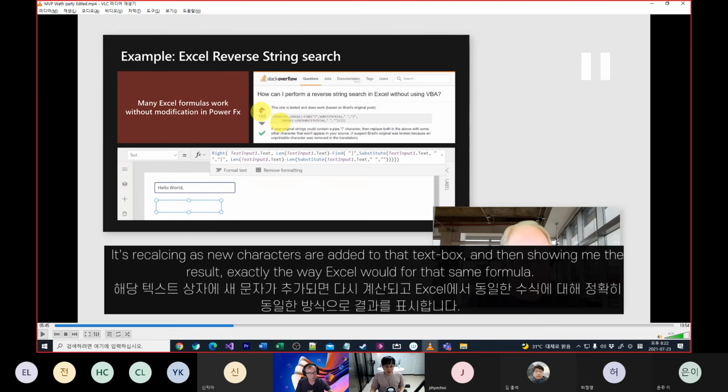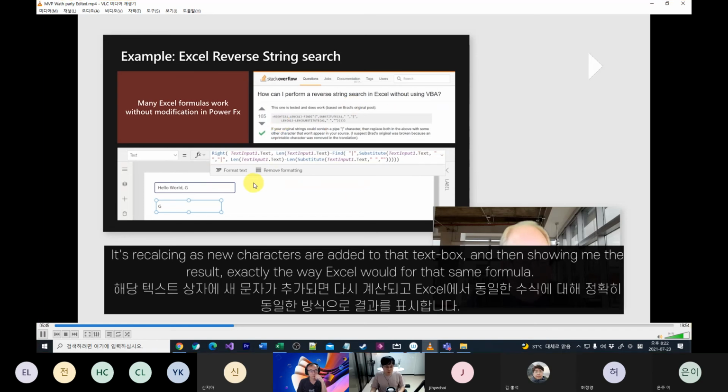네, 지금 보시면 위에 있는 게 엑셀 수식이고요. 아래에 있는 거는 그 파워 FX 공식인데 동일한 수식입니다. 동일하게 동작한다는 걸 보여주기 위해서 이렇게 띄워 놓으신 거고요. Are added to that text box and then showing me the result exactly the way Excel would for that same